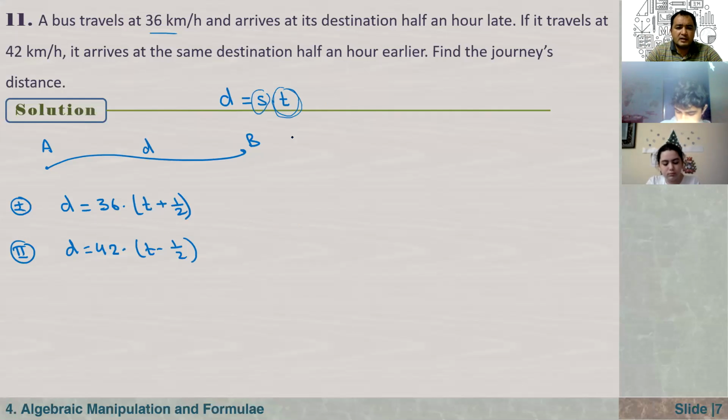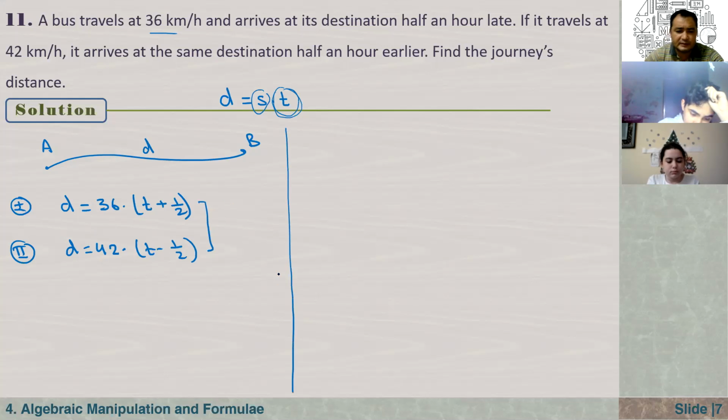That's our question. What else is given here? Nothing. So find the journey's distance. First I will find t, and after that I can find d. Also, we can find d directly from here, but let me find t first. Since the left hand sides are equal, 36 times (t plus 1 over 2) should be equal to 42 times (t minus 1 over 2). If you just solve this as a simple equation,